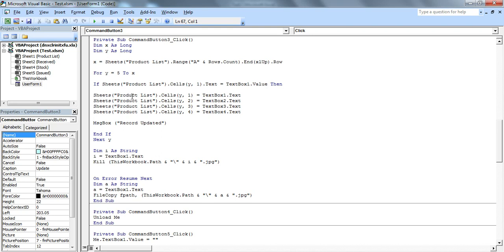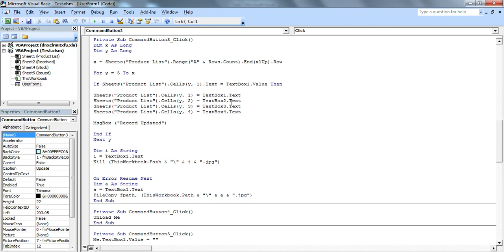What should happen? Sheet product list dot cells y, column 1, where y is our loop, and column 1, is equal to text box 1 dot text. It means whatever value is showing in text box 1 should be updated in sheet product list, column 1, in row y, which is the row where we are going to update the record.